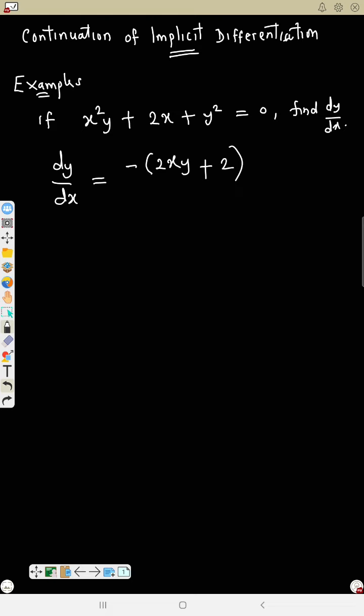Remember, differentiate only x, and if you see there is no x again, I have differentiated x squared here to get 2x. I leave the y. This one is ordinary 2x. Differentiate, you get 2. This is y squared, but I'm differentiating x, so it will be 0. So I don't bother to touch it. Divided by,